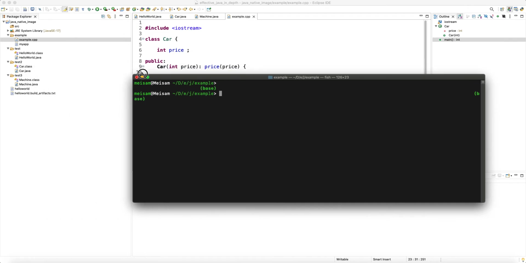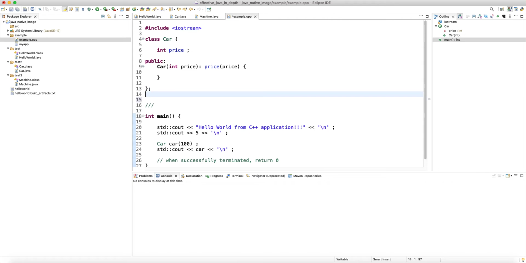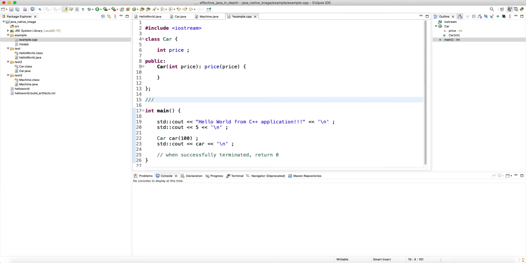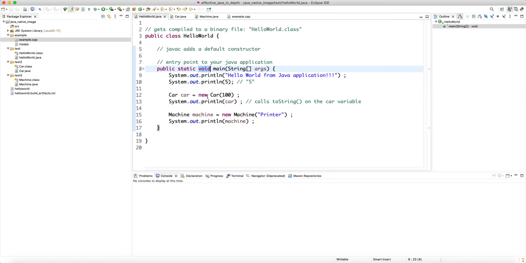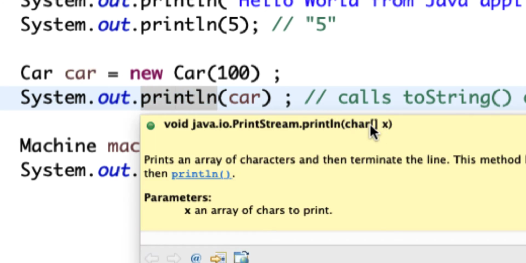So what we're going to do is overload the cout operator, right? And you have to do it globally. So overload the cout operator for car type. Now in Java, things are much easier because every object has the potential to be converted to a string. Know that when we send a car type to a print line, it calls the overloaded function that